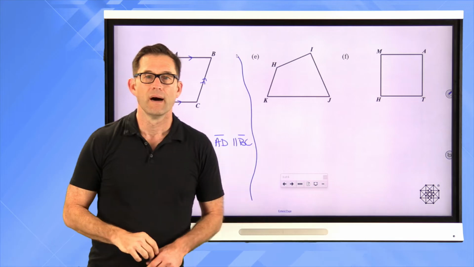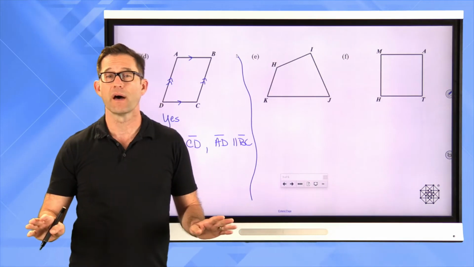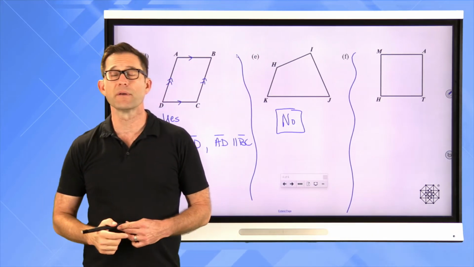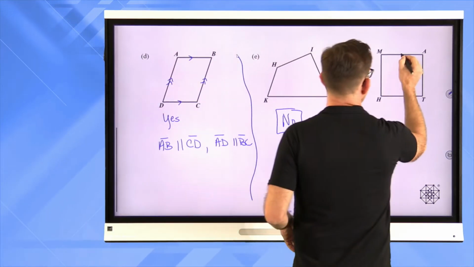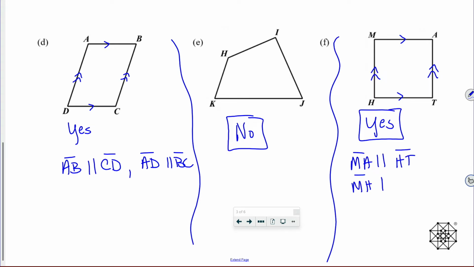All right. Letter E was the most generic quadrilateral I could possibly draw. None of the sides appear parallel to one another, so that is not a trapezoid. And finally, letter F, that appears to be a square. But again, there's nothing wrong with a square also being a trapezoid. And here it appears that MA is parallel to HT, and MH is parallel to AT. So here we're going to say yes, that is a trapezoid with MA parallel to HT and MH parallel